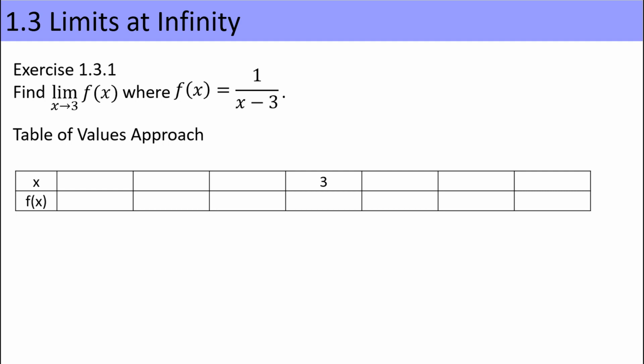Exercise. Find the limit as x approaches 3 of f of x, where f of x is equal to the rational expression 1 divided by the quantity x minus 3. While with the limit we are not concerned with what happens at 3, let's observe that for the domain of the function, x cannot be 3 because that'll give us a 0 in the denominator, which makes the evaluation at 3